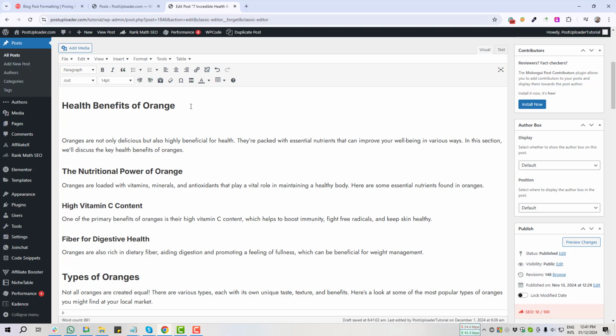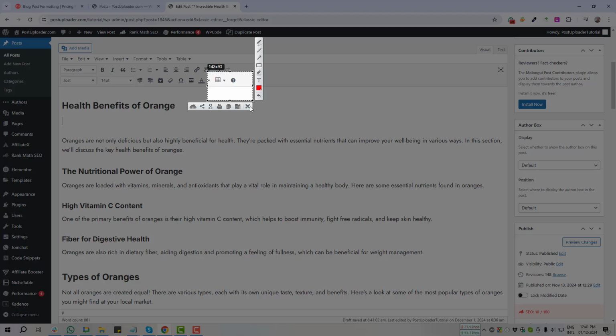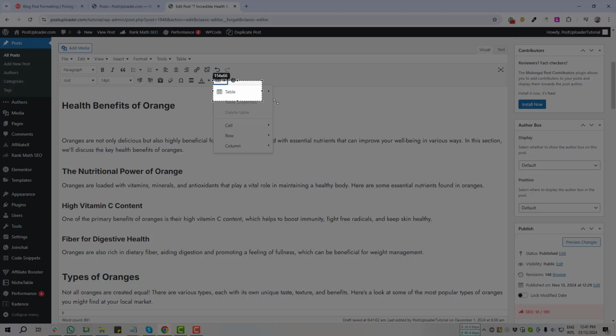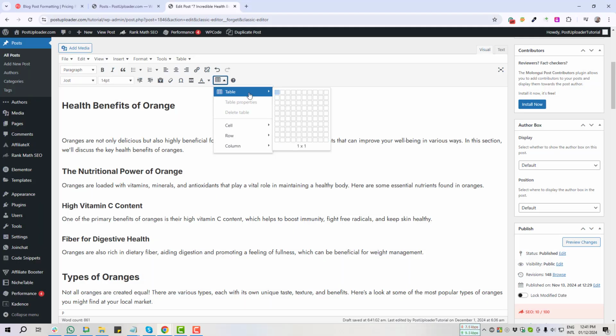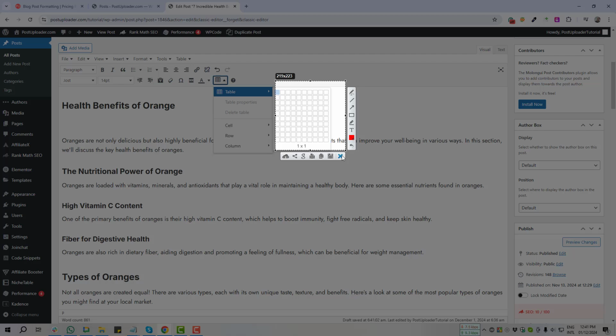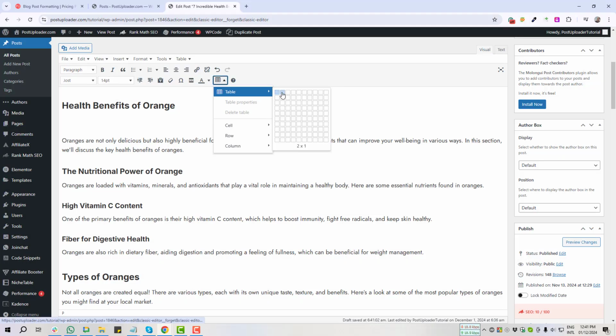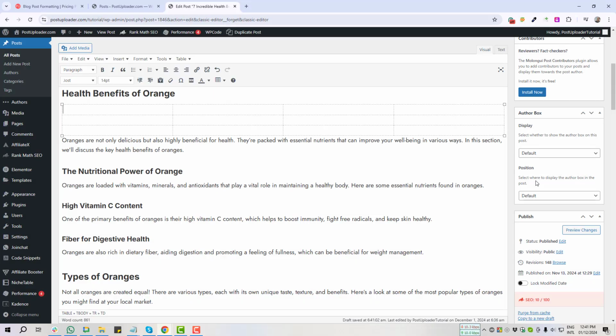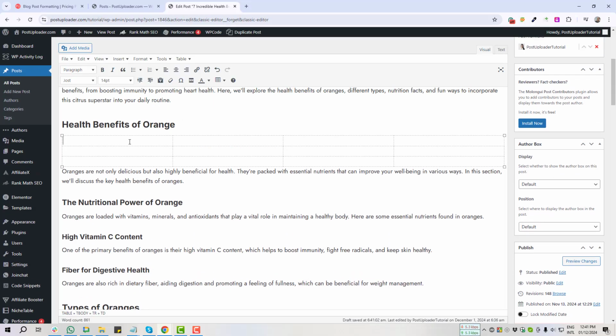After that I have to click on this option. Clicking here, you have to hover on this table option. After hovering you will get this option, and now I am selecting the table column and row number 4:3. This is my table, and if I write something here, for example name